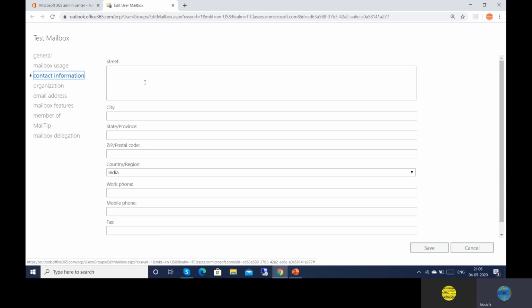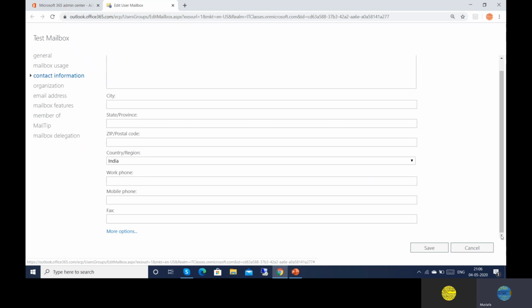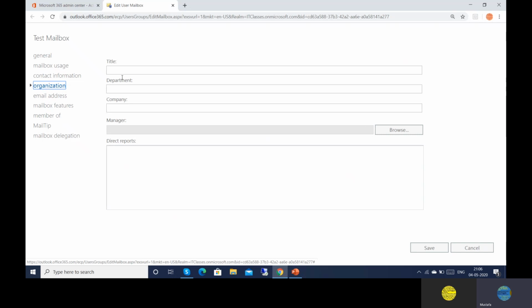Contact info: you can type your street, city, state, zip, postal code, work phone, mobile phone, and fax. This information can be provided to this user mailbox. Organization: title, department, company, manager.